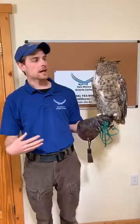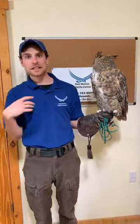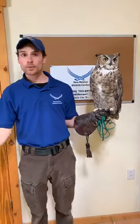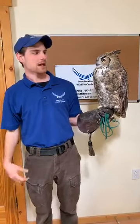and she was able to have that shrapnel removed from her wing and her left eye, but she is blind in that left eye, and she doesn't have full function of that right wing, which is why she is a permanent resident here at the New Mexico Wildlife Center and will not be released back out into the wild. But Oscar has done a huge part as an animal ambassador here at the New Mexico Wildlife